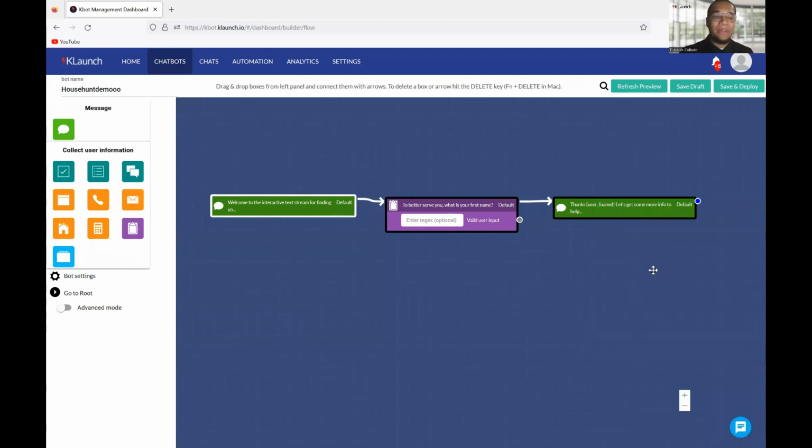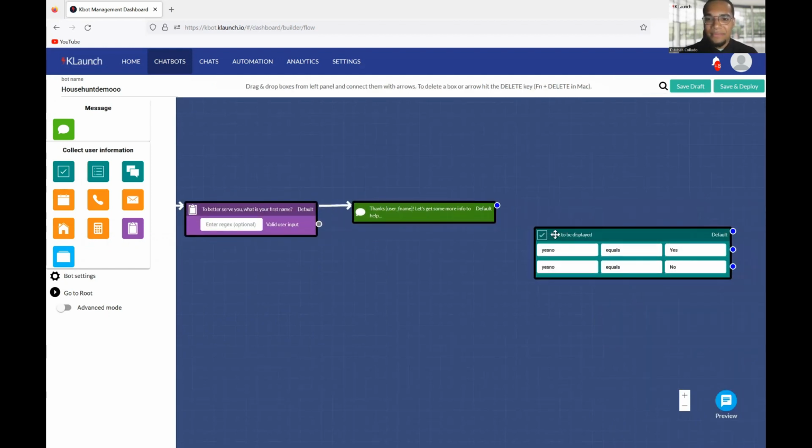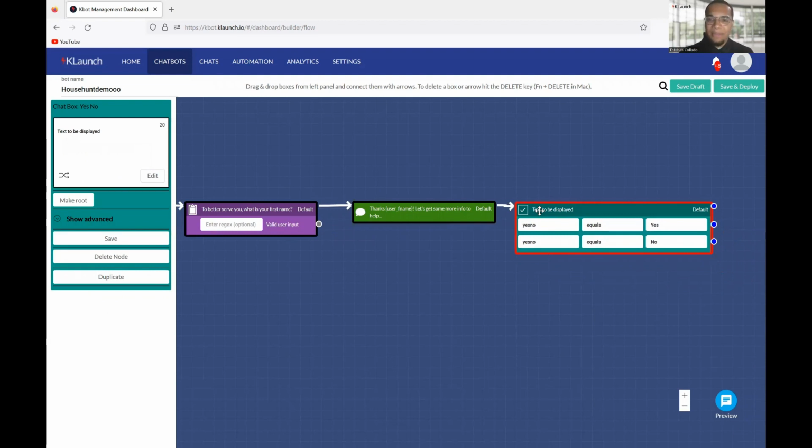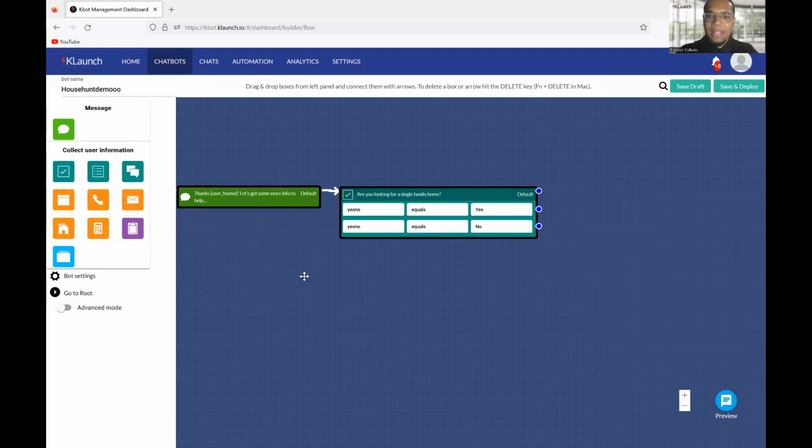Another node that we can explore is the simple yes/no node. Pretty much what it does is it allows a user to pick between two options, yes or no. So in this case, I want to ask them, are you looking for a single family home? They could pick yes, or they could pick no. So in that case,